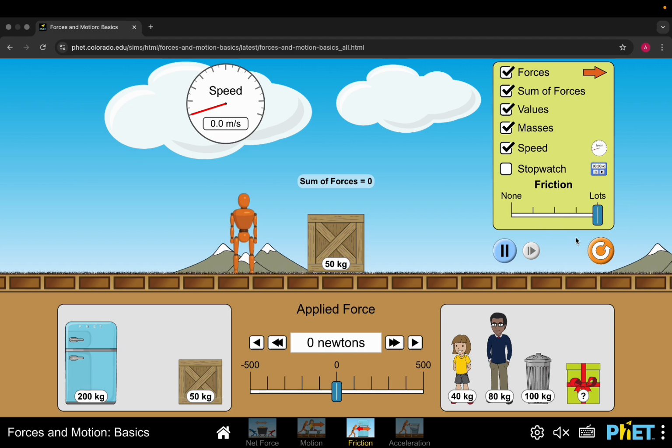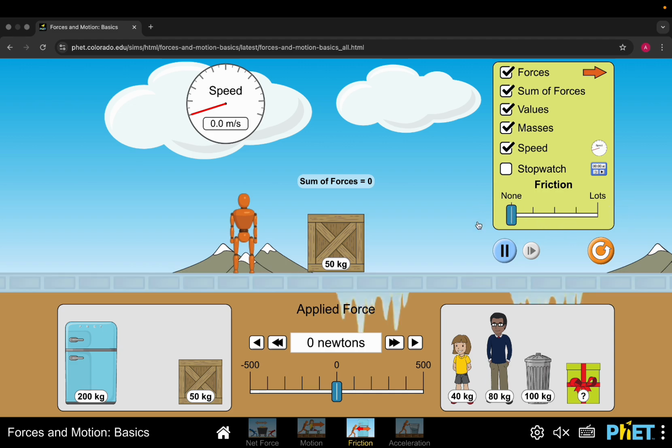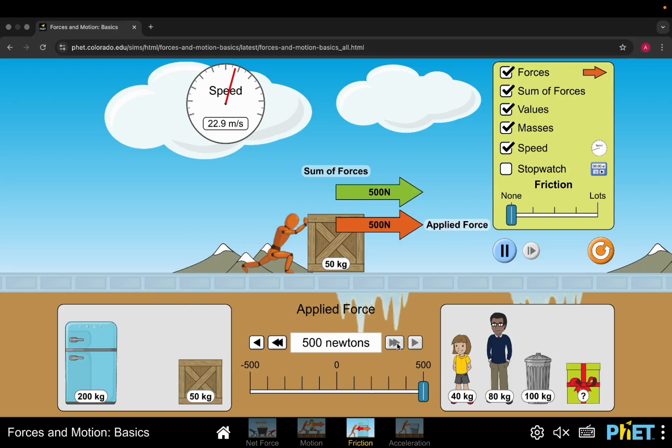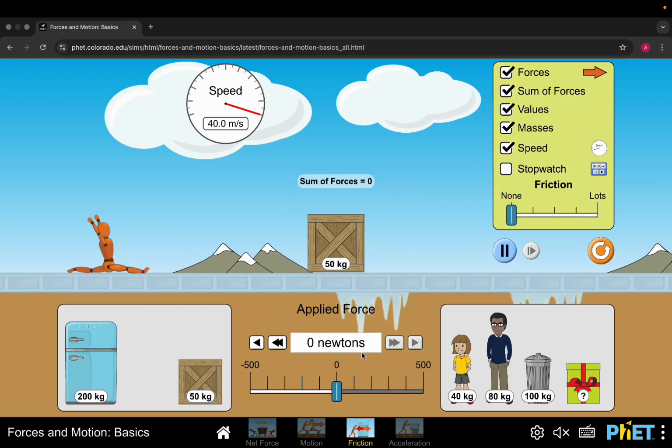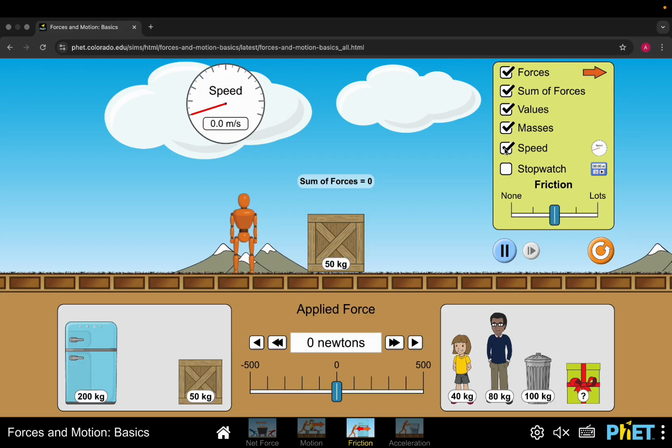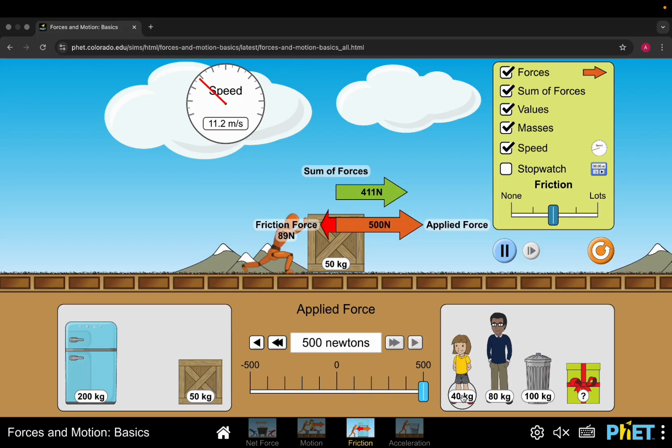So let's apply lots of friction. Well, no, let's not apply friction. So 50 kilograms again. I'm going to move it. And look, it is so easy, and it is going to keep moving. But now we're going to reset this all. Oh, wait. And we're going to add friction, just a bit of friction. And we're going to apply the same force,